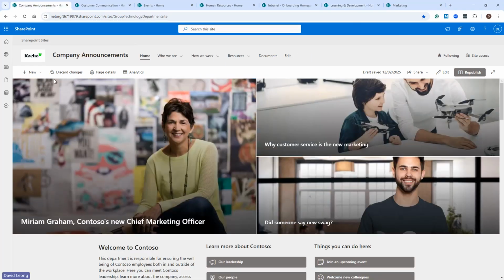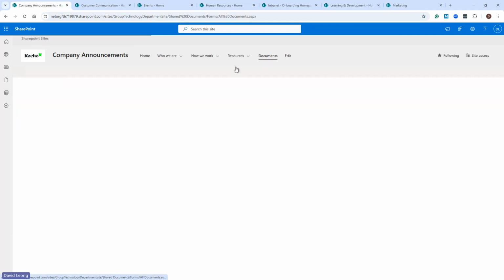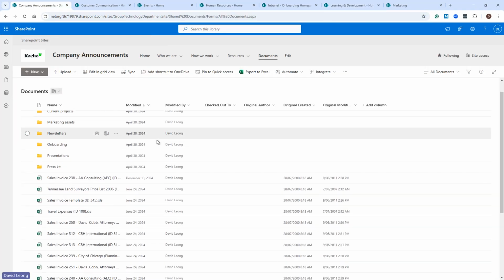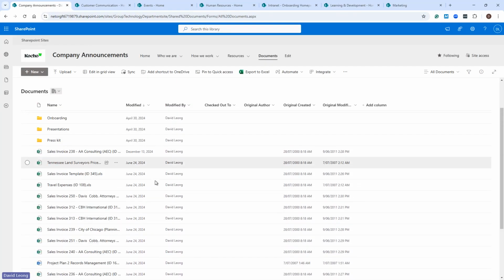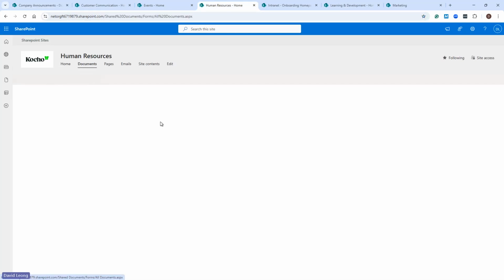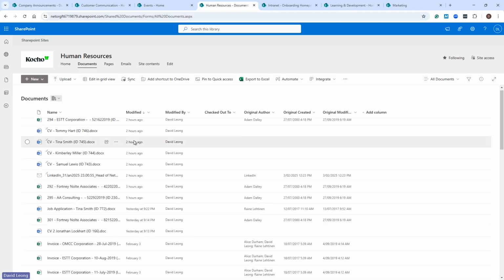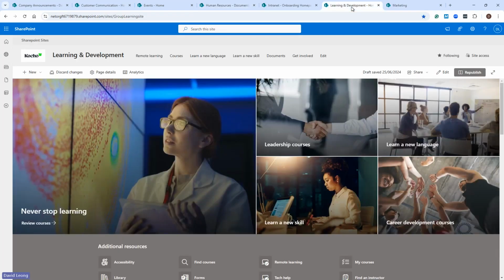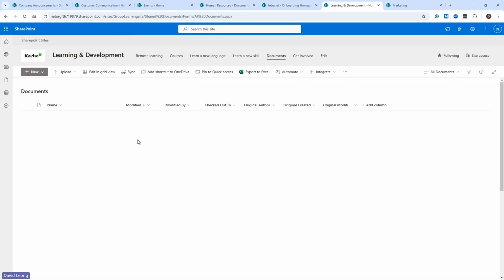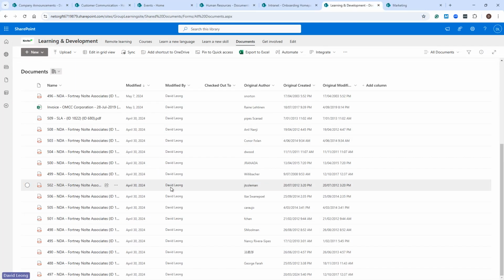And obviously each site contains documents within it that is relevant to that subject matter. So there's all the company announcements here. I won't go through all of them. Human resources, for leave applications, salary information, sick leave forms, and of course, learning and development, where I've got all my knowledge articles, etc., etc.